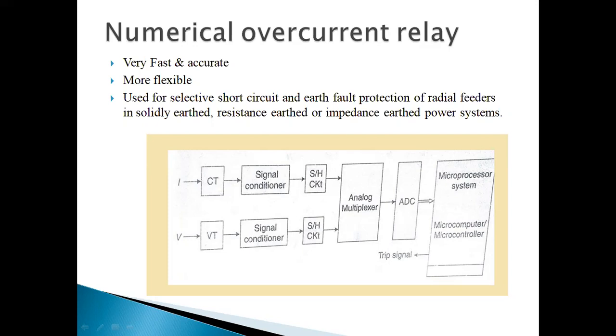Similarly, in the next chapter there is equipment protection. In that we'll see alternator protection, transformer protection, and motor protection. Then for the equipment protection, which types of relays can be used and which types of faults are there. So the actual implementation is at that time only. So here you have to consider only the overview.